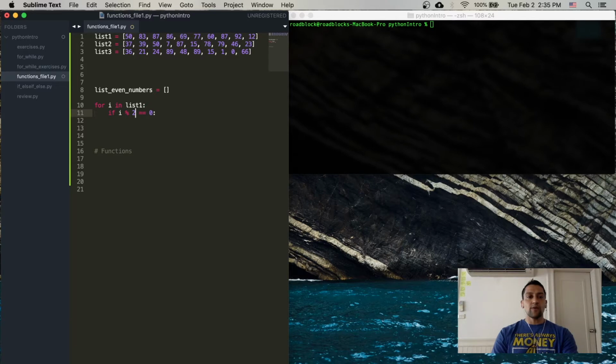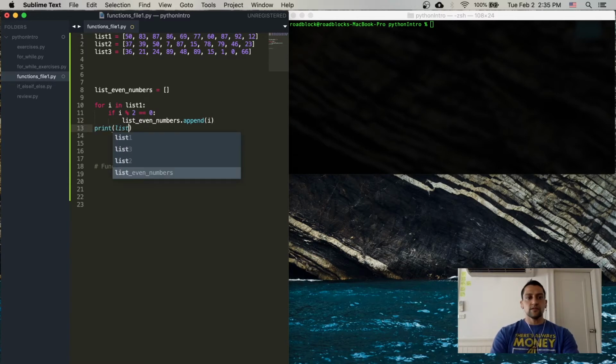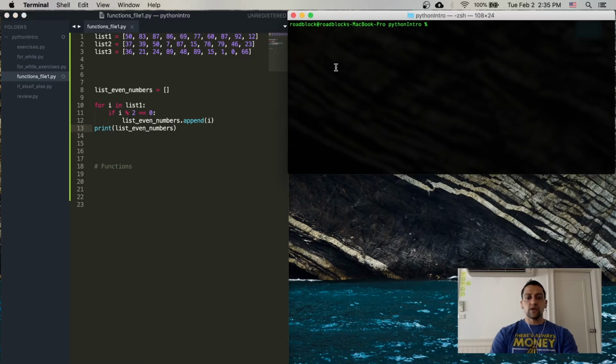นี่คือ even, modulo 2 ไม่มี remainder มี remainder ถ้าเกิดว่ามี remainder ไม่เป็น even เป็น odd ถ้าเกิดว่าไม่มี remainder เป็น 0 เป็น even ครับ So I want to do a list even numbers dot append i. So if I do this, print list even numbers จะดูอย่างไรครับ So if I do a python 3 and we go to function file 1 และมีอันนี้ทั้งหมดคือ